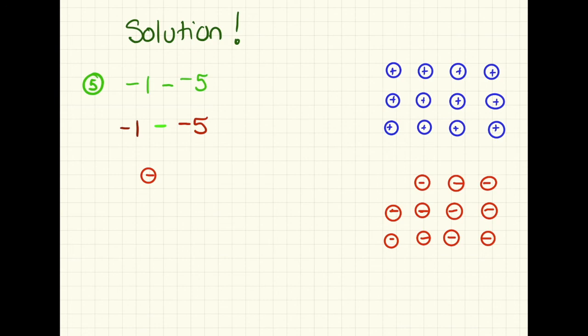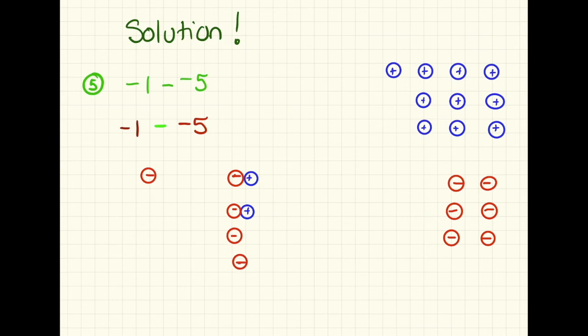So I'm going to take 5 negatives, but I'm not going to forget that because I'm adding them on my own, I'm going to group them, right? So 5 negatives here, 3, 4, 5, and then here are 3 positives. So I still have negative 1, but now I can actually take away